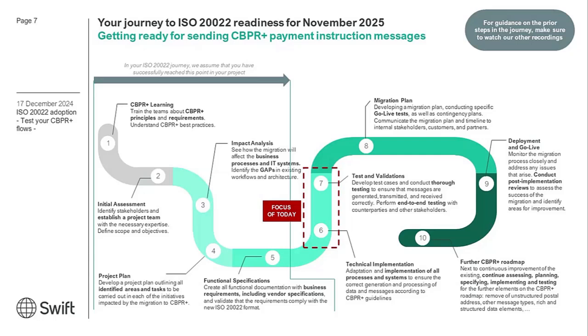doing lots of testing. Step number 8 is firming up the migration plan, outlining the specific go-live test as well as the contingency plans, and communicating migration timelines to internal stakeholders, customers, and partners. And after you've done all that, step number 9 is actually the go-live. So that includes monitoring the migration process and addressing any issues that may arise. Hopefully not. And also conducting the post-implementation review to assess the success of the migration and also identify any areas